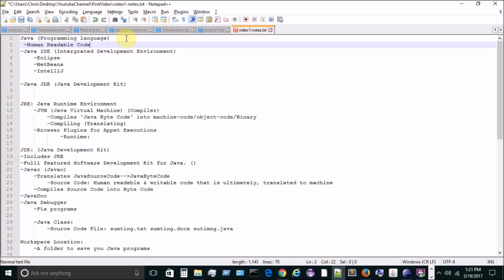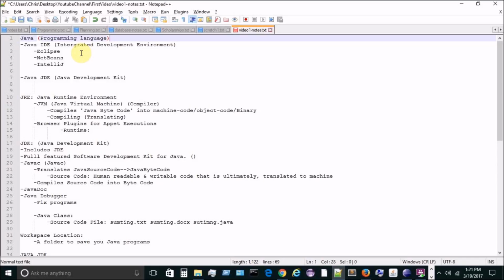It's human readable code that can be translated to a different type of code, so the computer can do things and run applications and things like that. Okay, so Java is one type of programming language,